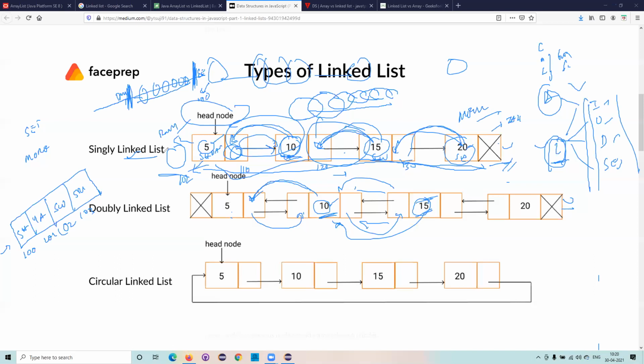According to that one, whatever the middle you have taken, it doesn't matter. So what I'm trying to say here is, it is really very hard for me to explain this one. This will have memory, this will also be stored with a random memory allocation for this element and the last element. But why are we trying to store for this 10? Why do we want to store for 15? The answer is, we wanted to make a link, right?